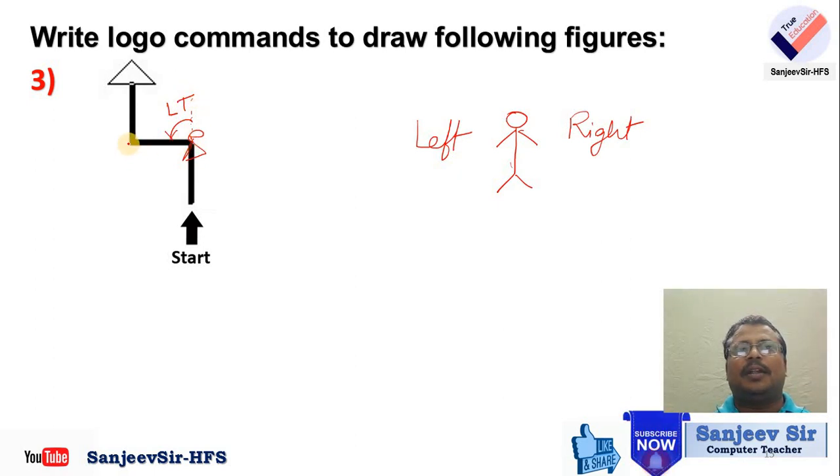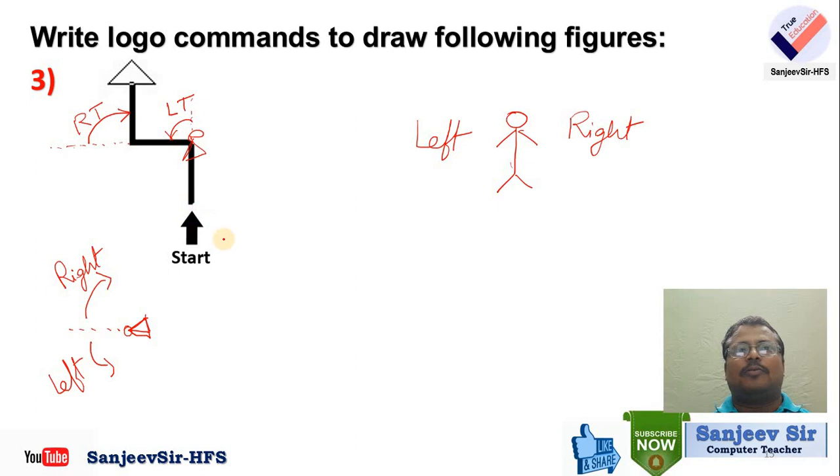Okay, and here the turtle is moving in this direction, and after that the turtle is going to rotate in this direction. So here will be RT. Any problem? So that you can understand in which direction it will go, it depends on you. Suppose the head direction is like this, so the head will go in this direction. So here will be right, and here will be left. You can understand according to the position of the turtle's head.